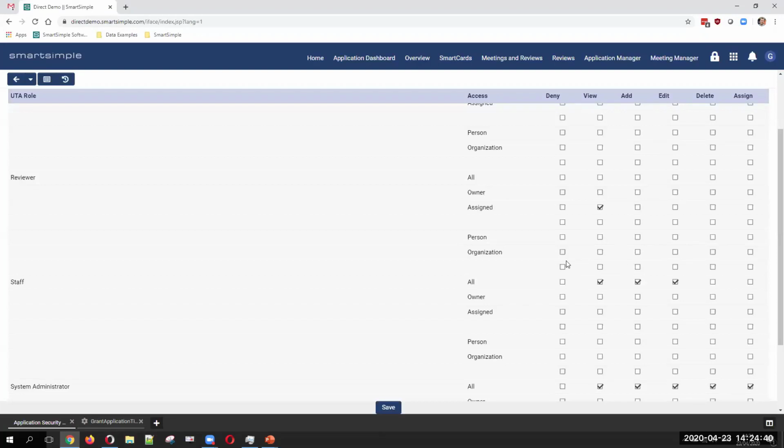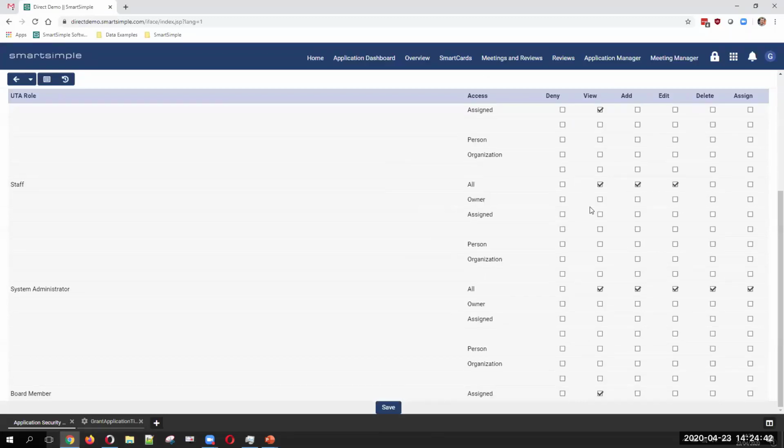are configured or modified. The staff role, much like the company and org security matrices, they can view, add, and edit all applications. We haven't set assign, but a typical example would also be assign. And that basically means that they can add users to the contact list. If this wasn't checked, they wouldn't be able to add contacts to the contact list on the left-hand side of a record. And then the system administrator, as with most examples, they have complete access to also delete level 1